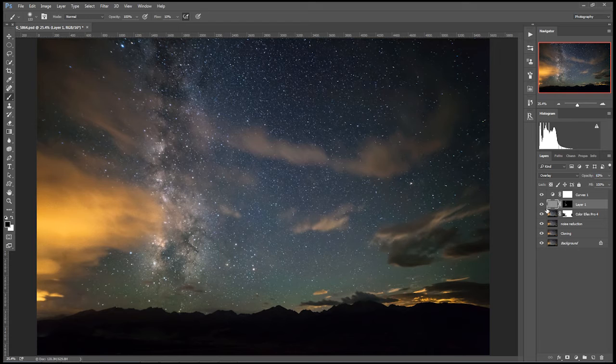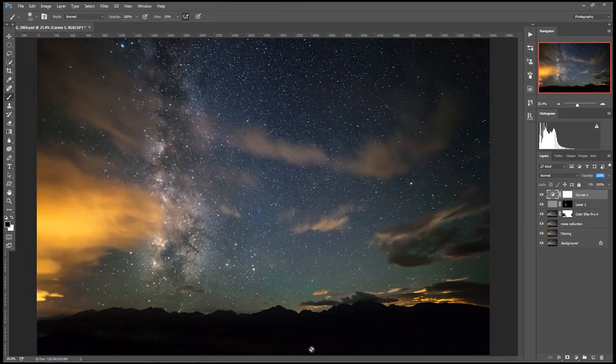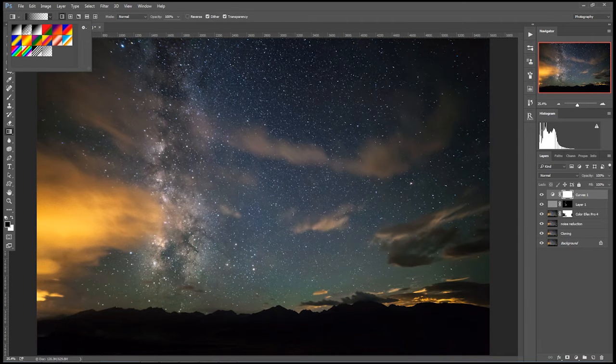So yeah, rarely do you need a 100% process. So on and off, on and off. You like playing on and off? And I'm going to bring a little bit of highlights up a little more. And that actually darkened things too. So what I'm going to do is use this white mask. I'm going to go to the gradient tool and go from black to opaque, or transparent I should say, and